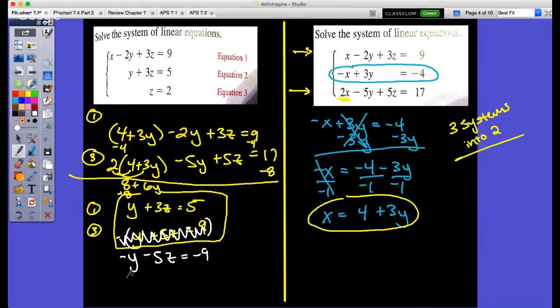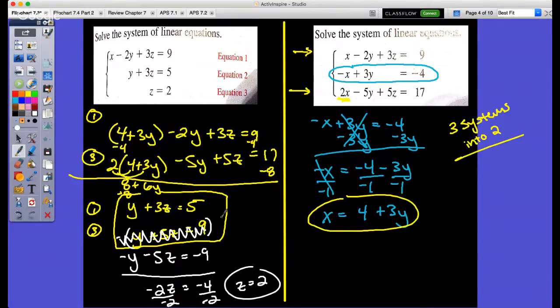The y's would cancel. 3z minus 5z is -2z, and 5 minus 9 is -4. So then I just divide by -2. Notice all of this is the same. The big part is getting it to that next equation, right? That's the big thing. So then once z equals 2,